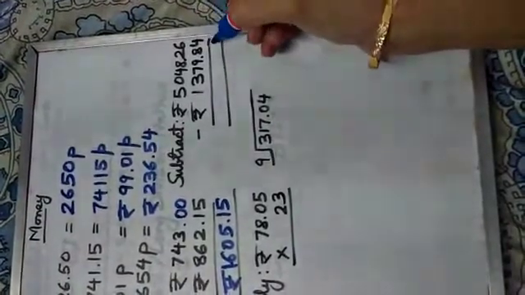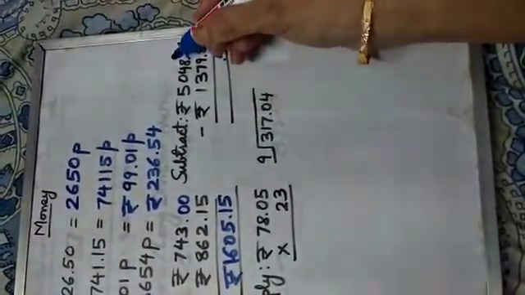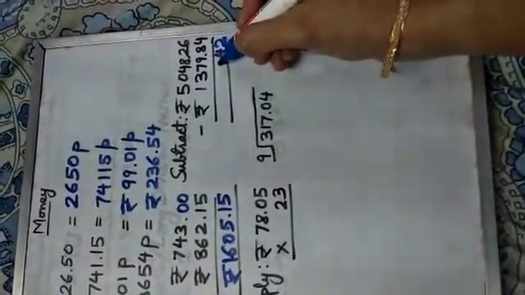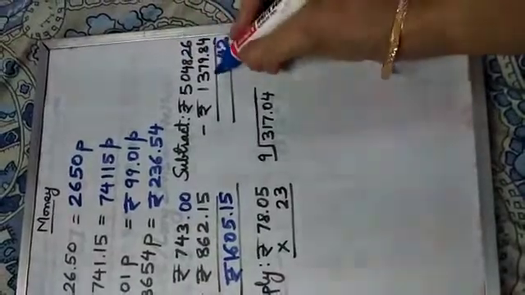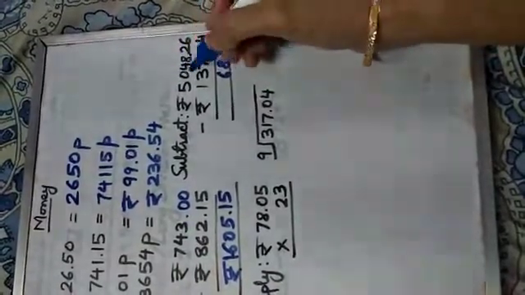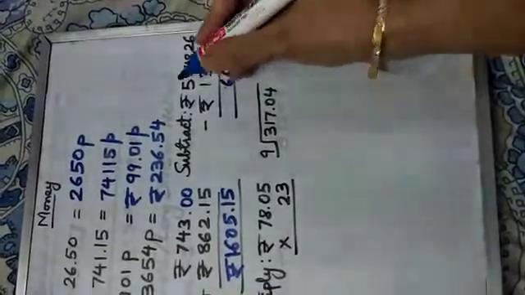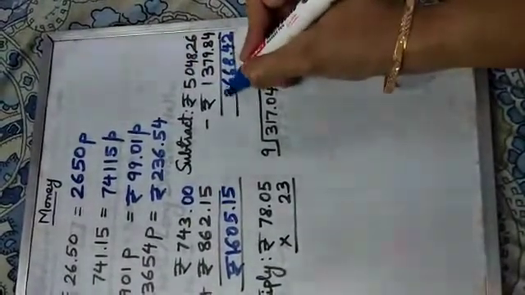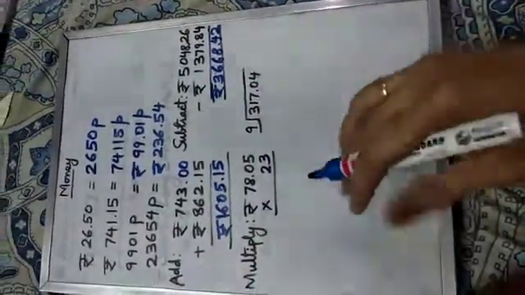Subtraction will follow the same way. So 6 minus 4 is 2, 12 minus 8 is 4. Here it will be 7, 17 minus 9 is 8. Here will be 13, 13 minus 7 is 6. It will be 9, 9 minus 3 is 6, 4 minus 1 is 3. So the answer will be the same. Subtraction, the way you do it, is the same way in decimal.